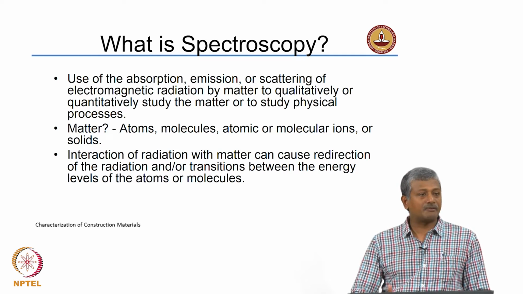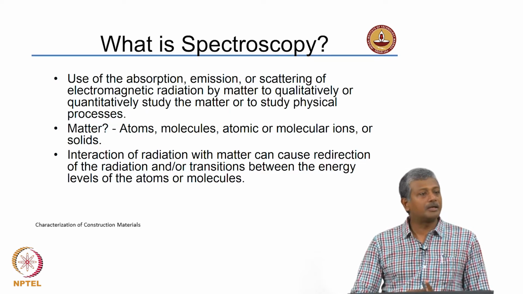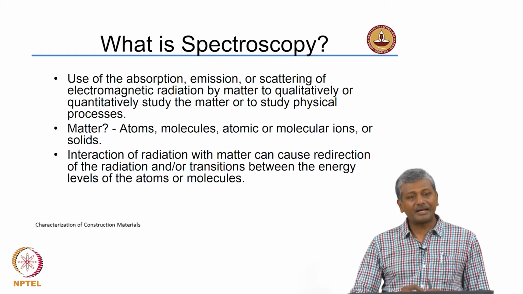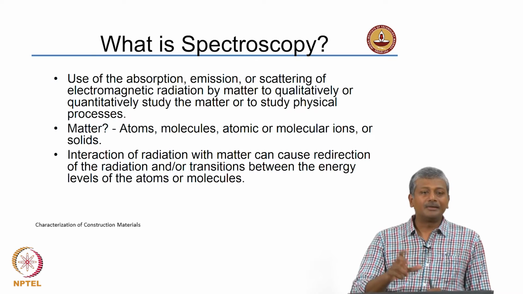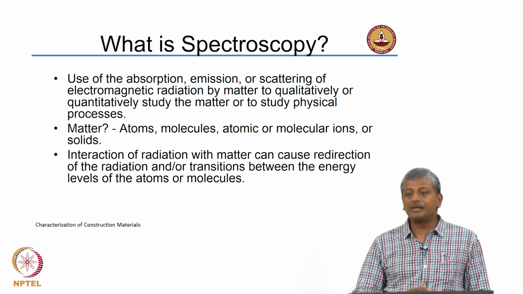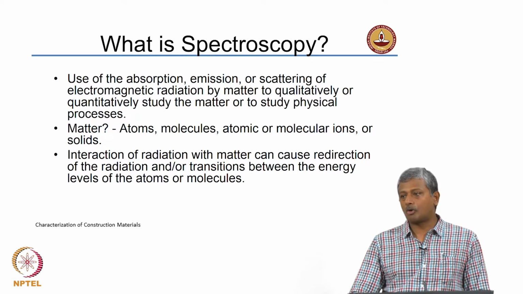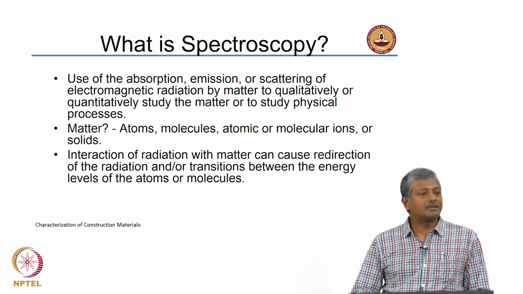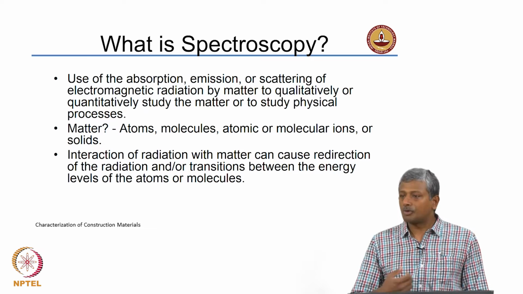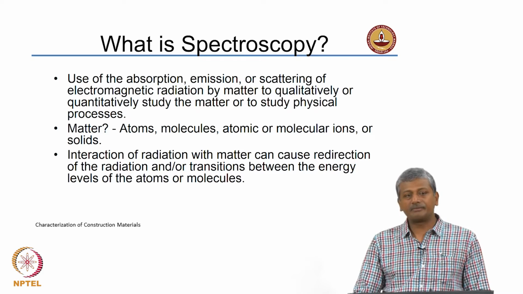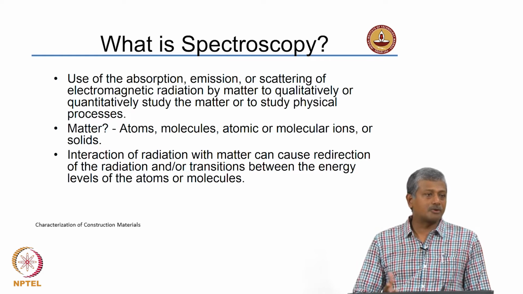You saw earlier in X-ray diffraction that X-rays are actually produced because of high speed electrons bombarding a target metal, which leads to the ejection of an inner shell electron from the target metal, and that space is occupied by an outer shell electron. The resultant difference in energy is released as heat and X-ray. Okay. Now, heat is also one form of radiation. You will see later that typical heat that is given out from human bodies, for instance, is of the order of the infrared wavelengths. The wavelength of heat coming out of human bodies is of the order of infrared.